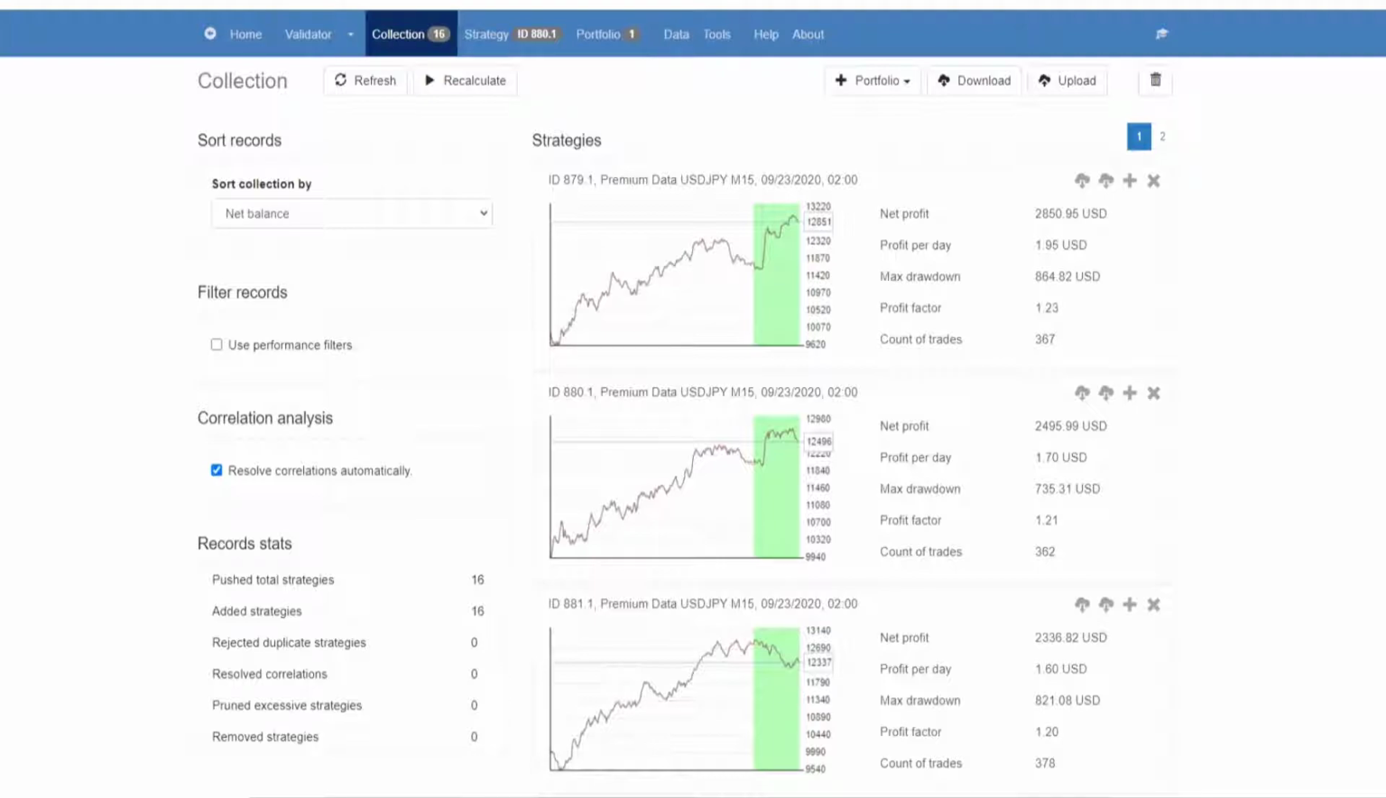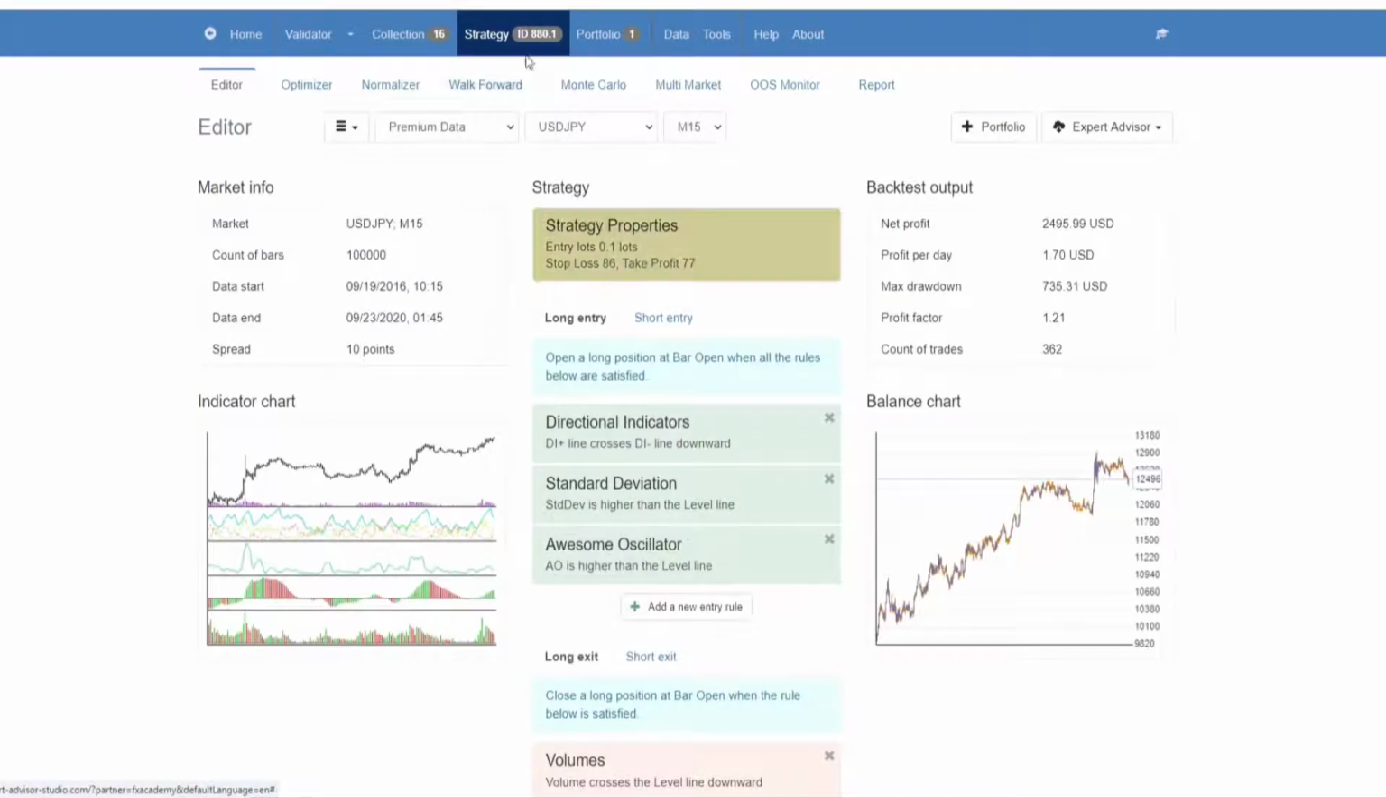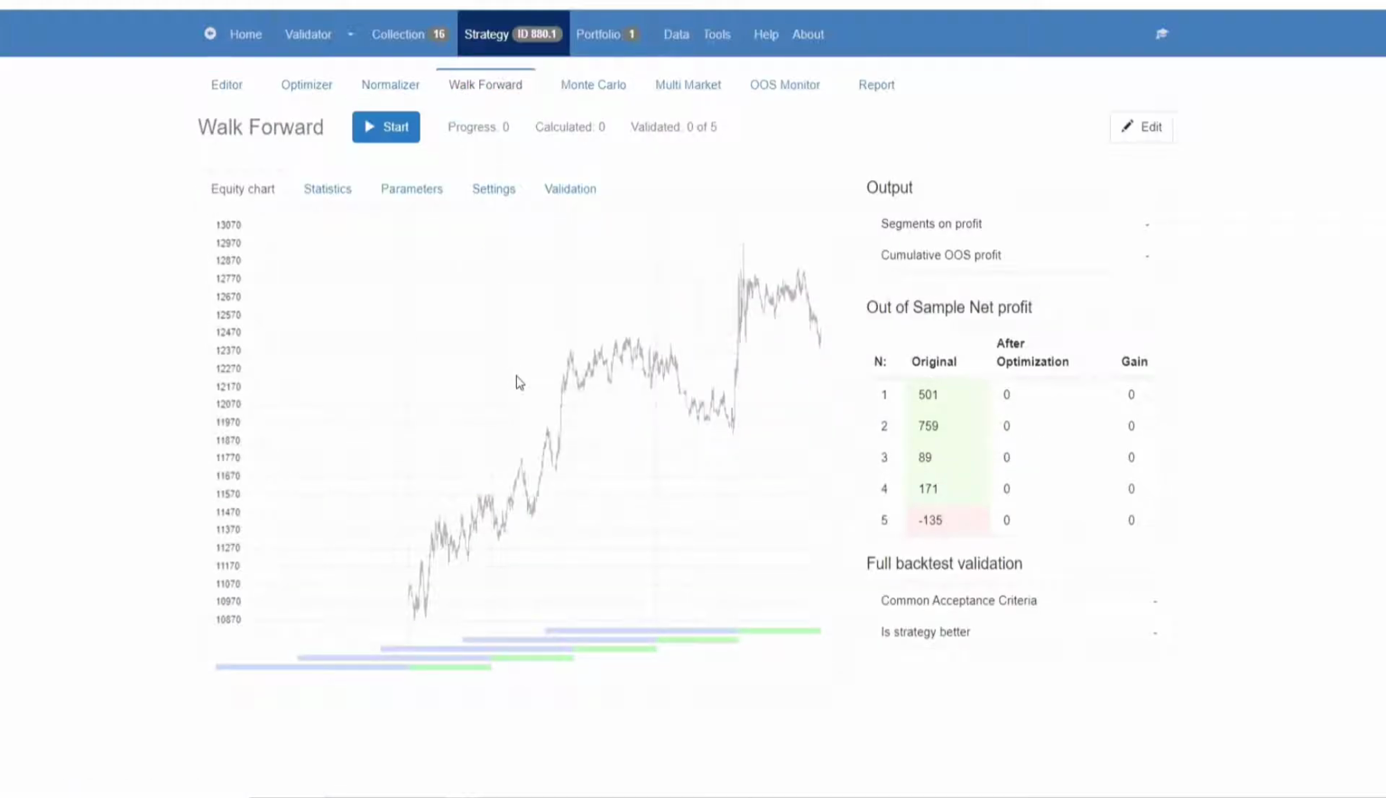So to get to the walk-forward, we select a strategy, either from our collection or a strategy that we have created. We click on it, it takes us to the strategy window, and on the taskbar we select walk-forward. Now what you'll see is that there are a number of segments on the chart. The big segment on the left represents the in-sample part, and the 5 segments on the right represent the out-of-sample part. When we run the walk-forward optimization, all of the parameter variations are tested during the in-sample stage, and